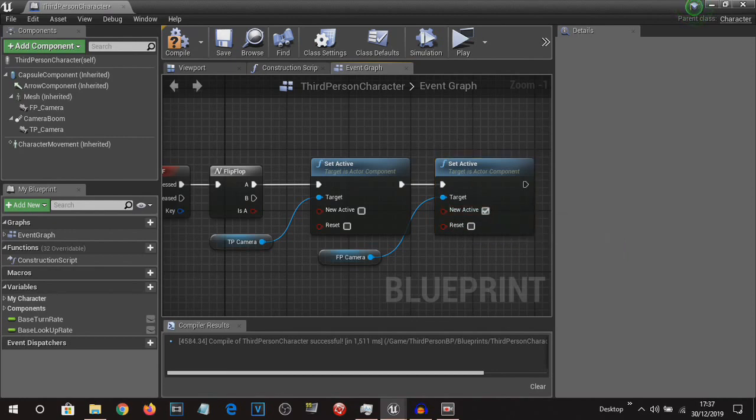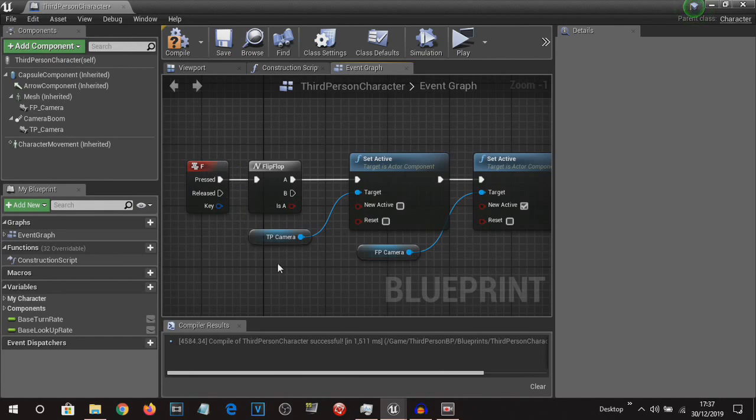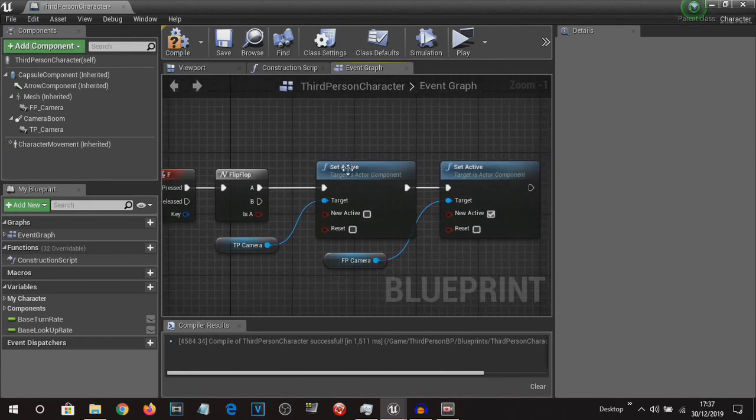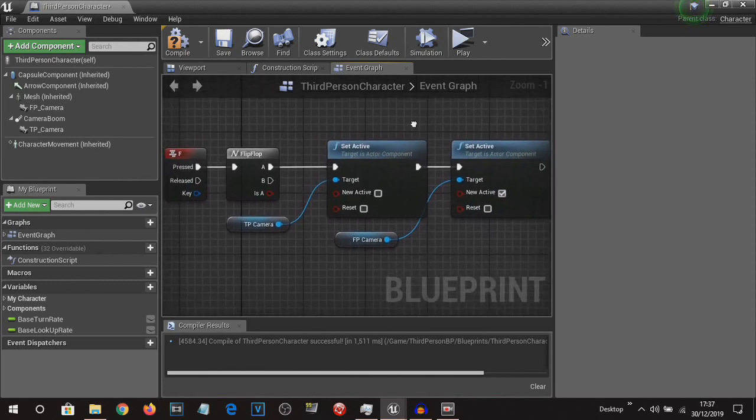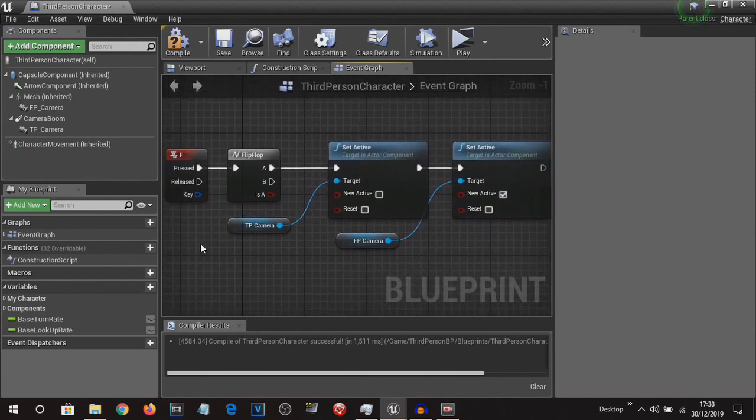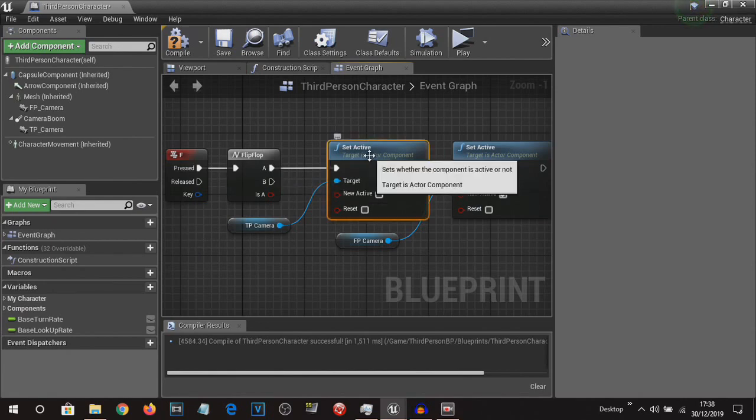So what this is going to do is when F is pressed, it's going to deactivate this camera and then activate this camera so that we go into first person view. So then if we do the flip-flop, the toggling, if you press it once and then press it again, we are going to basically